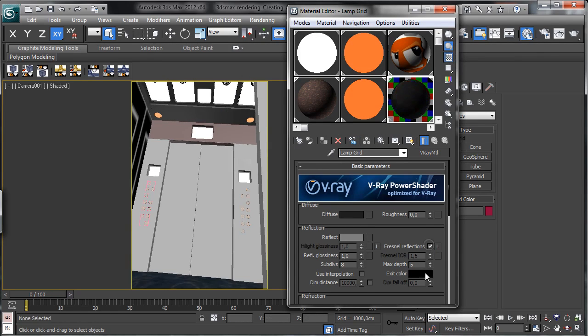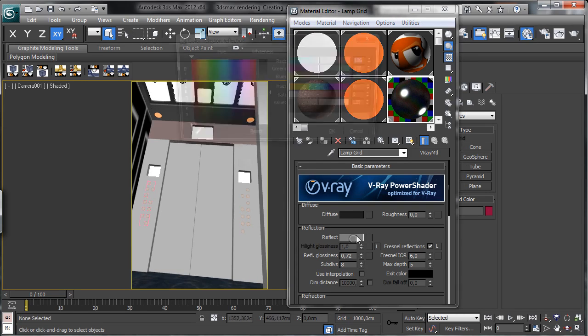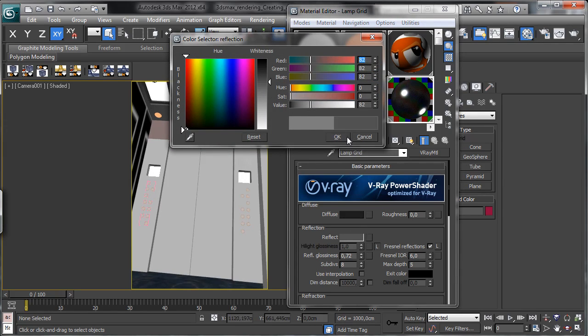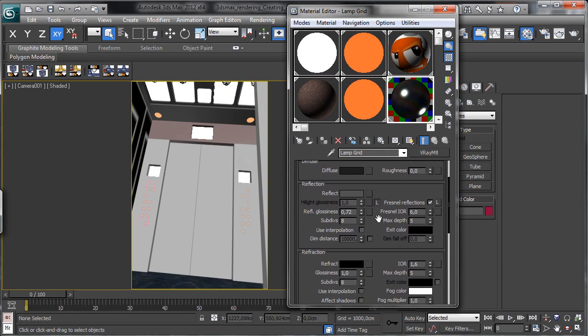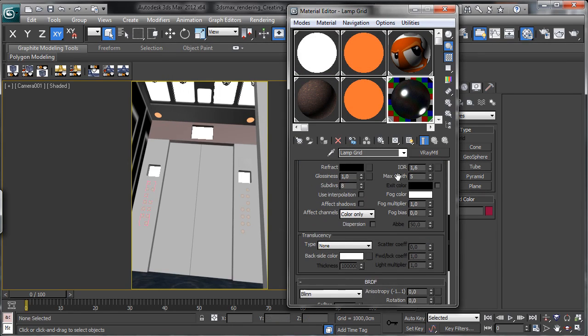We can go for a Fresnel reflection, and let's go maybe for 6 for the moment, and we can have the glossiness, let's go for something like that, maybe a little bit less, okay. And for the moment we can stay with the setup,